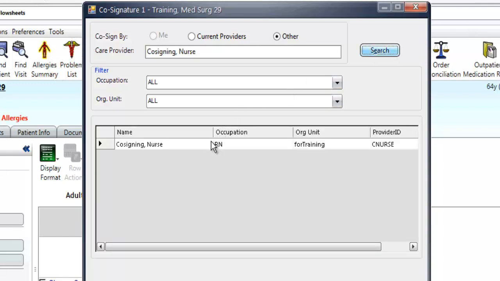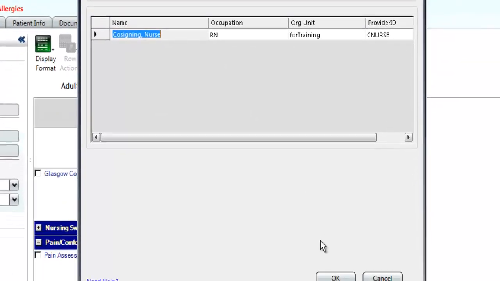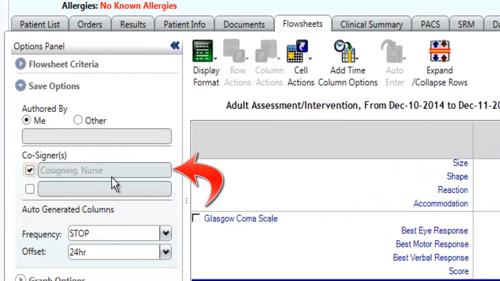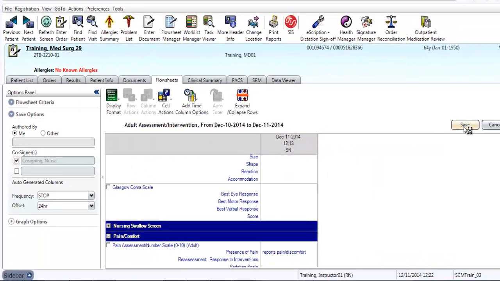I will need to physically click on Search to locate them. Once I do, I will click OK, and you will notice that their name populates in that gray box. Then I can click Save. My documentation becomes unitalicized. Most importantly, go back to the left and uncheck the cosigner's name. You can click Save again if you need to. Again, this is only done for the